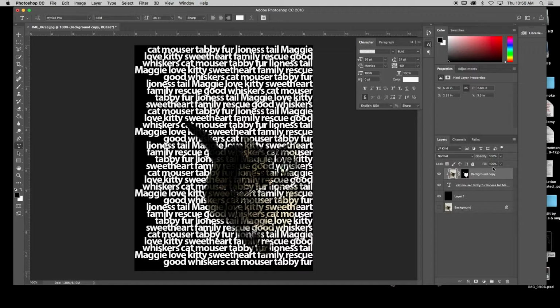Those steps can be a bit tricky, so I'll repeat. The image layer needs to be above the text layer. You select the image layer, right-click on it, and choose Create Clipping Mask to bring the text on top of your image. Now you can either leave it like this, which I think looks pretty good,